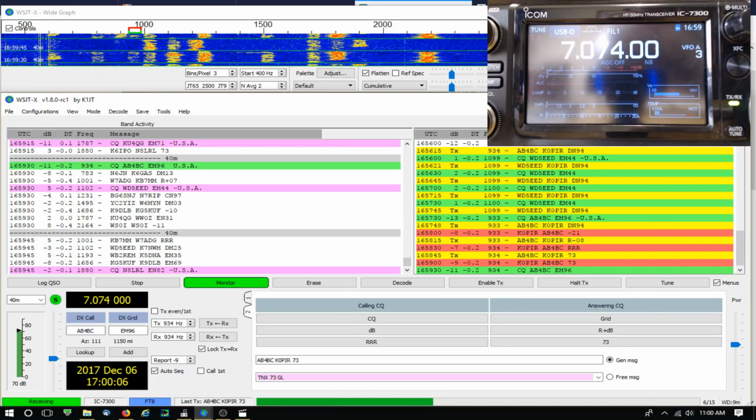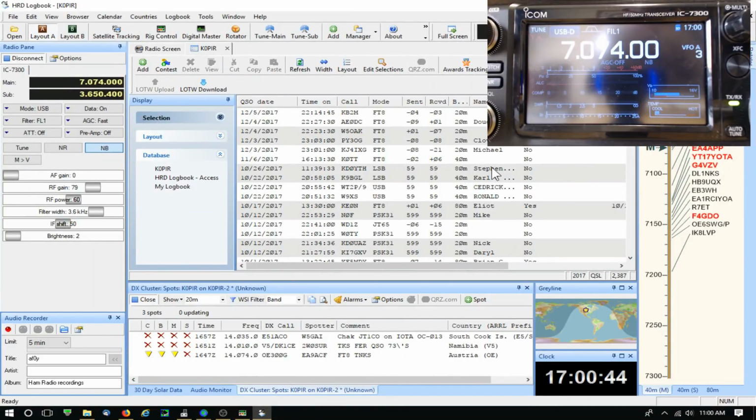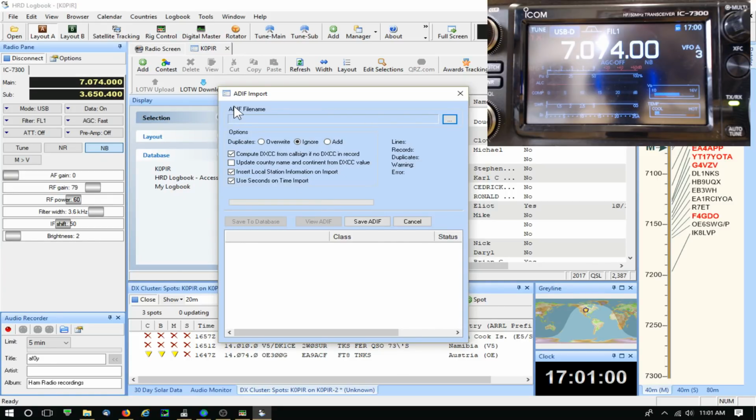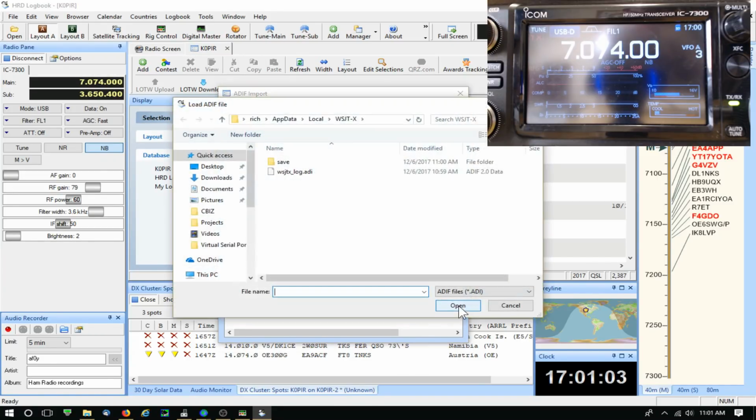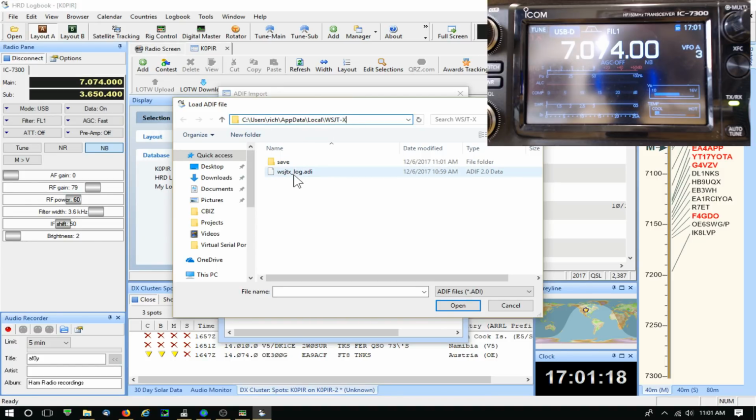Now I need to bring up HRD logbook. Okay, everything started up. Got HRD logbook pulled up. It's a little different in each logbook, but basically I'm going to go to Logbook, File, and then Import, and it's an ADI file. It's already in there because I've done it, but if it wasn't in there, it would be in a different location. I can just click in there and then right click and paste, and it puts the location of that wsjt-x log file. Select it, click open,